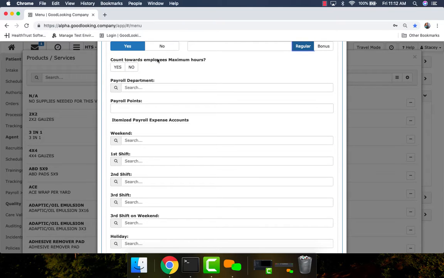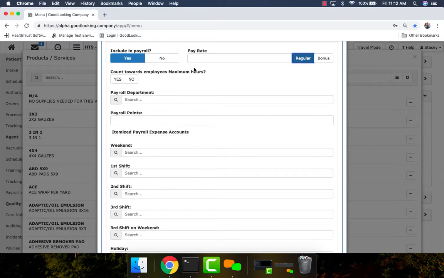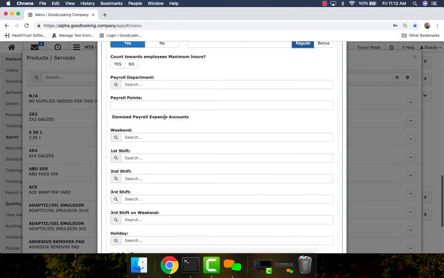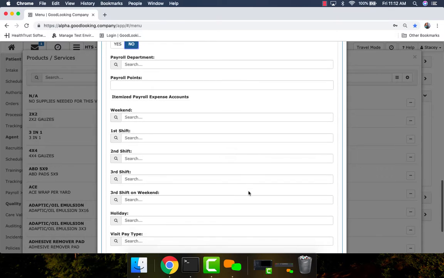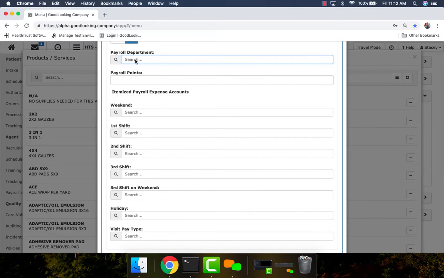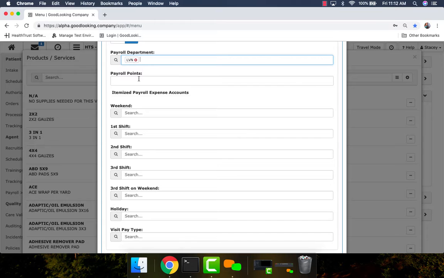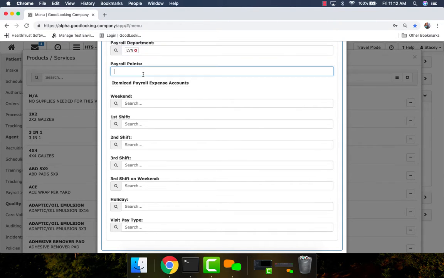Whether this service counts toward an employee's maximum hours. At the employee level, you can control that an employee only wants to work 30 hours or 40 hours a week. If this is a service that shouldn't count toward that total, then you can just turn that off, and if we want to include that in their calculation, leave it on. You can control the default payroll department that this expense gets allocated to. You can also tell us a number of payroll points